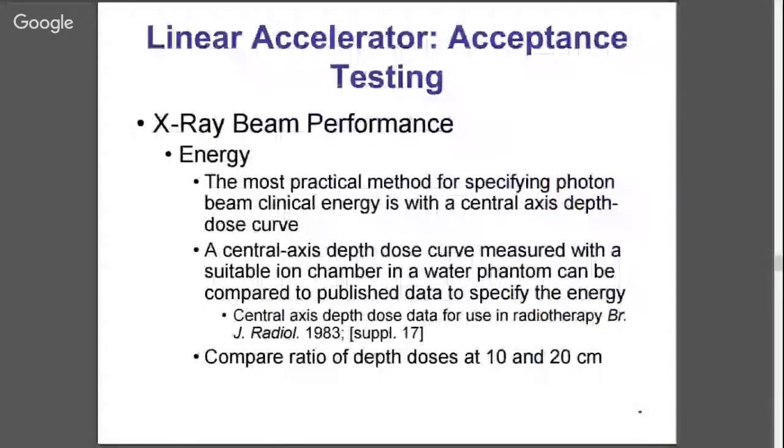But every accelerator will potentially have a slightly unique Bremsstrahlung spectrum. Okay, these days we can match accelerators pretty well, but there will be some subtle differences. So we need a way of